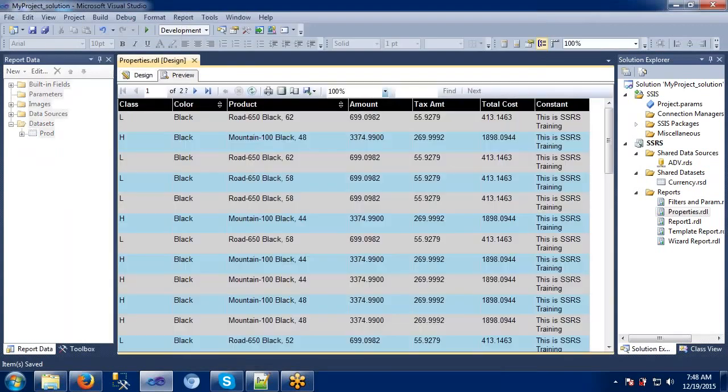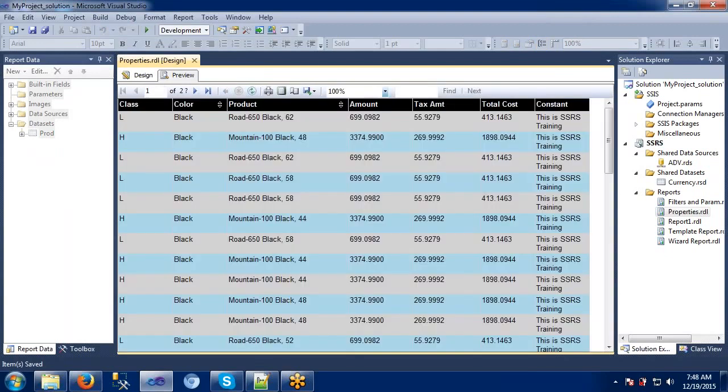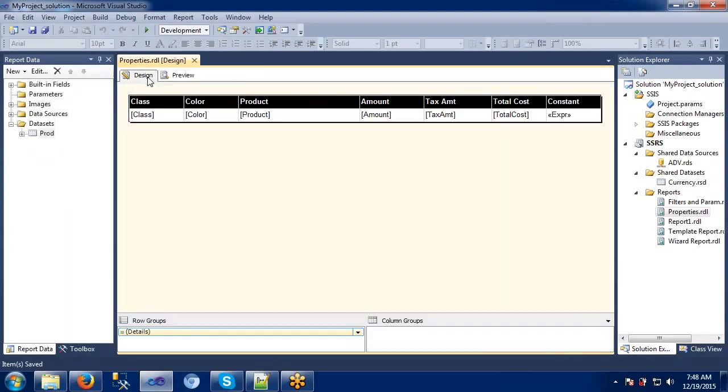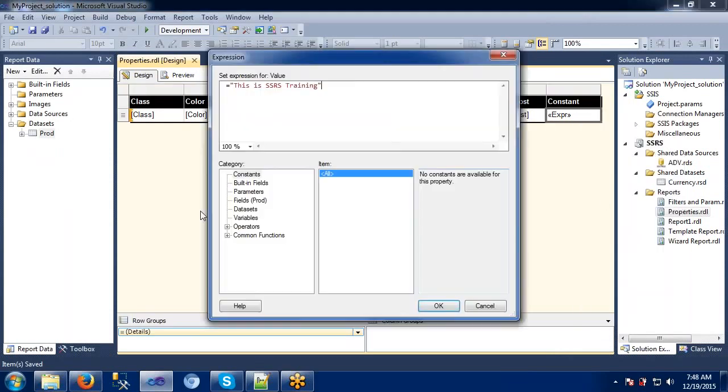Okay, see now I guess it won't take that much time. See, it's now somewhat better compared to the previous version. So this is my constant where I am using this one. So constant I have used on expression here.